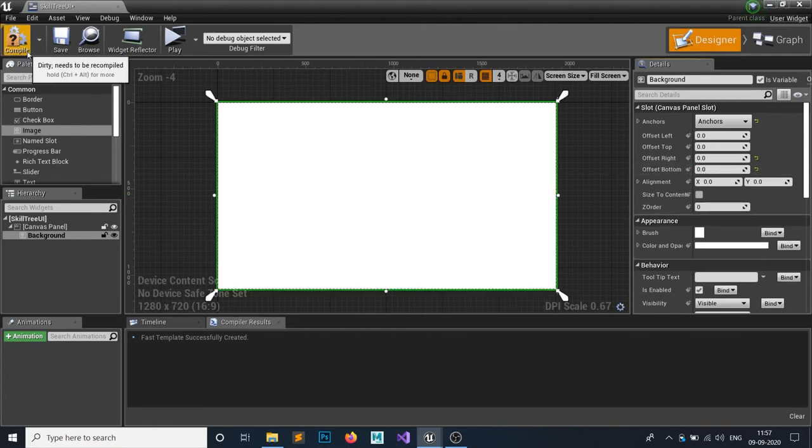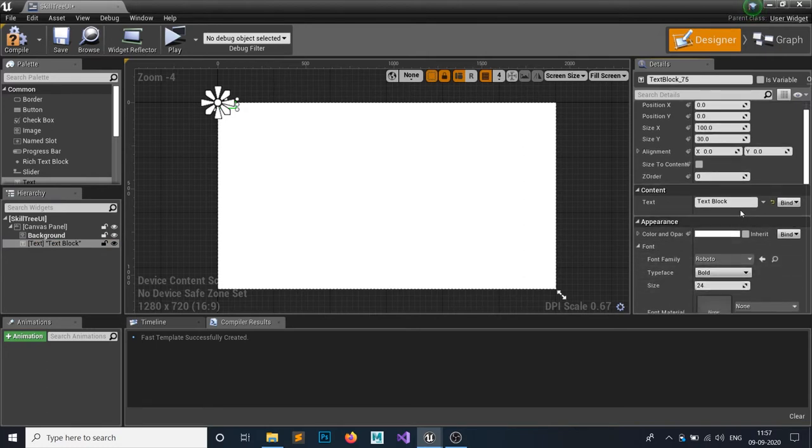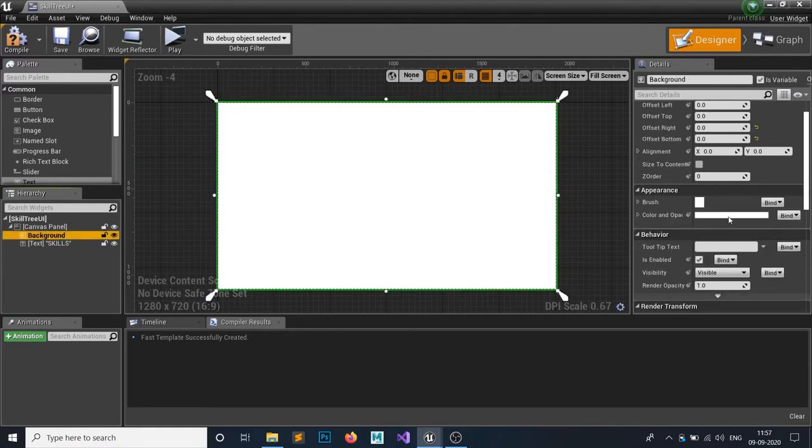And let's add a text in it. So we're gonna add a text, and what would be the text? So it would be our skills. So in the text we're gonna name this skills. Let's capitalize it so it makes more sense. And the background brush color would be something,